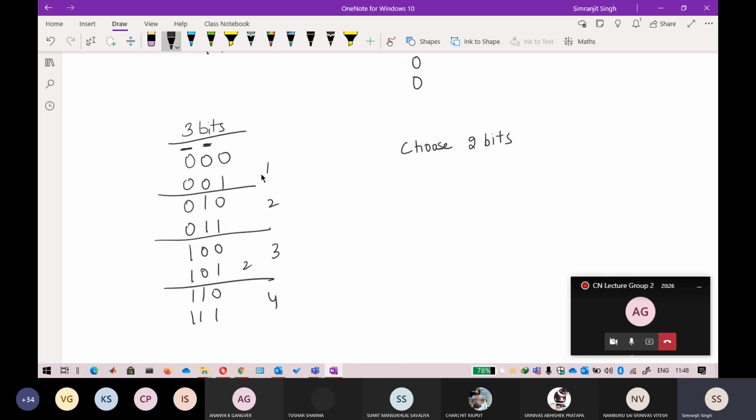Okay, so the actual meaning of it is, when you are choosing 2 bits, you are able to divide it into 4 parts, 1 2 3 4. When you're choosing 1 bit, you're able to divide it into two parts. So remember the previous example. If I choose or fix k bits, it is 2 raised to power 1 here, 2 raised to power 2 here, and I can say this one as 2 raised to power k parts. So if I choose k bits, I will be able to divide the whole address space into 2 raised to power k parts. It is as simple as that.